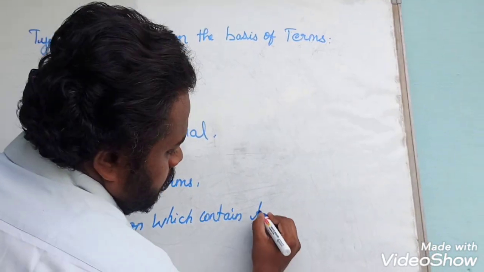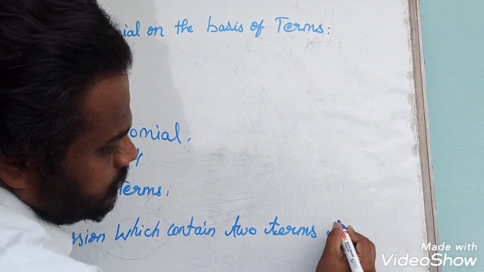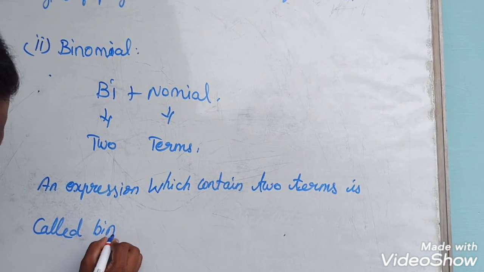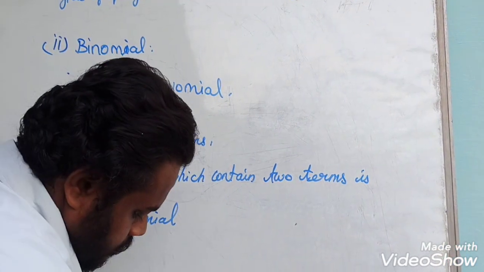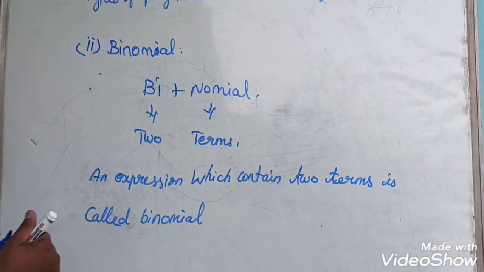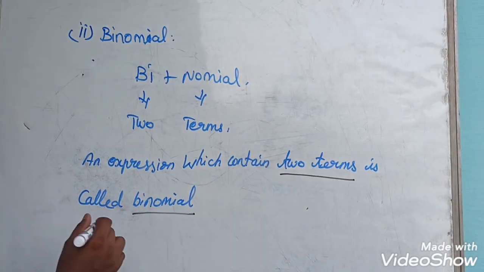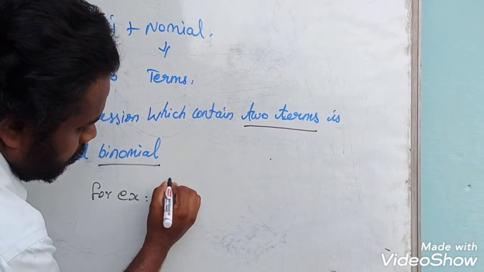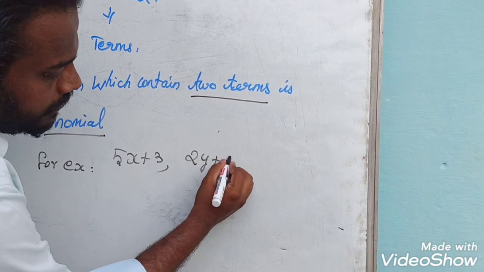An expression which contains two terms is called a binomial. So, two terms called a binomial. For example, 5x plus 3, 2y plus 8,